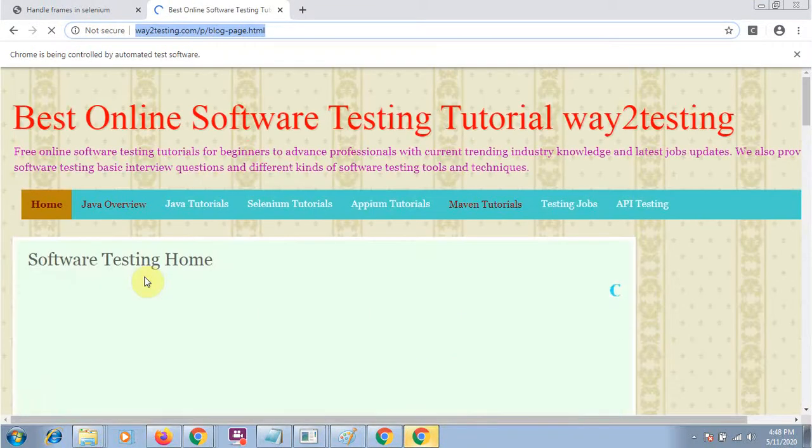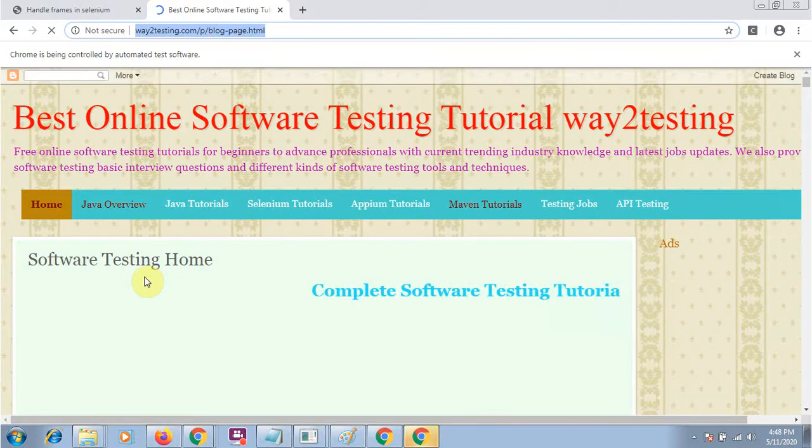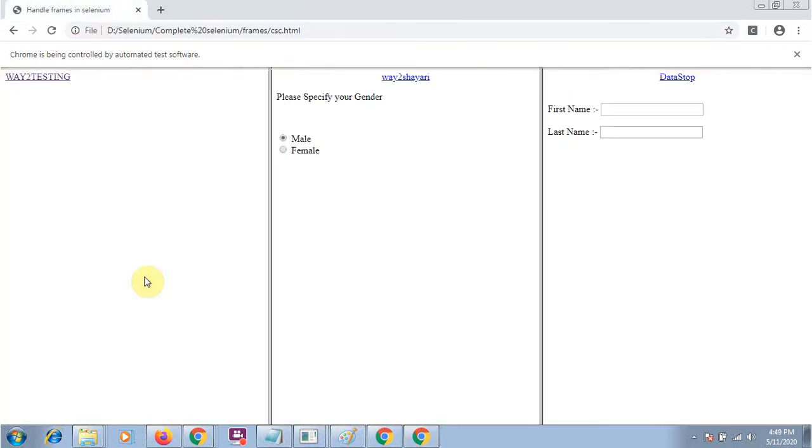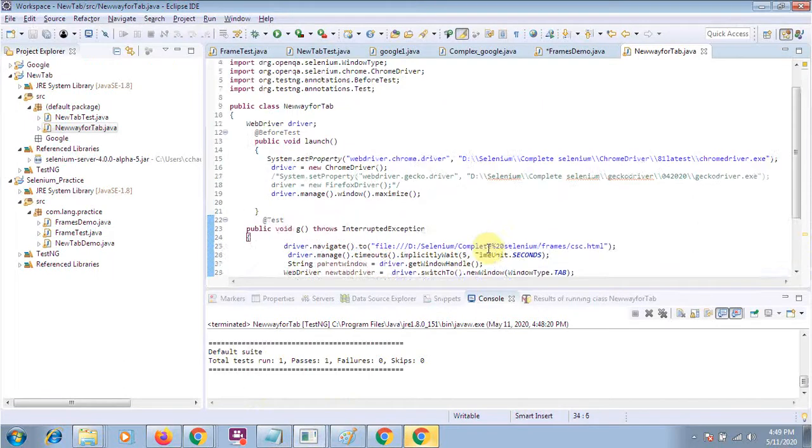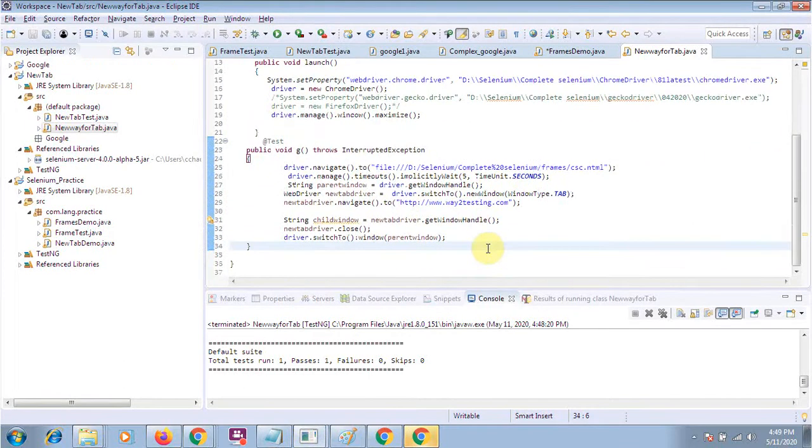Now it should close the new tab. Okay, and then it will be moving to your parent window. You can see it has been closed. Now your driver has been moved to the parent window. Okay, so it is the latest way of handling tab operations.